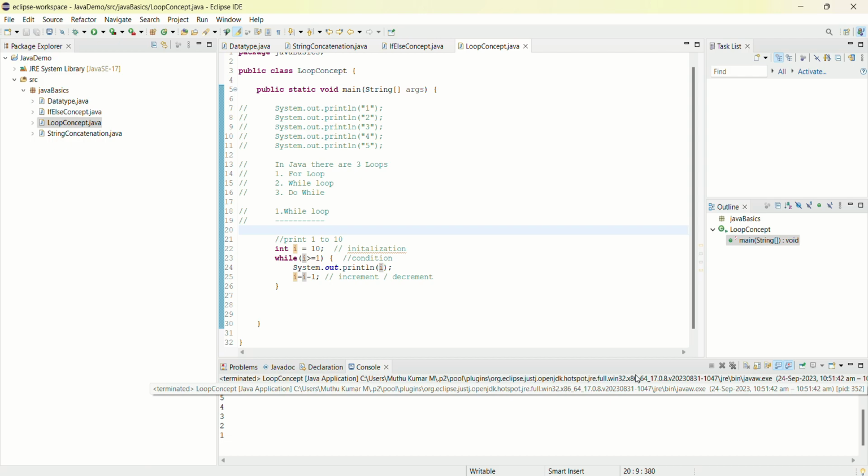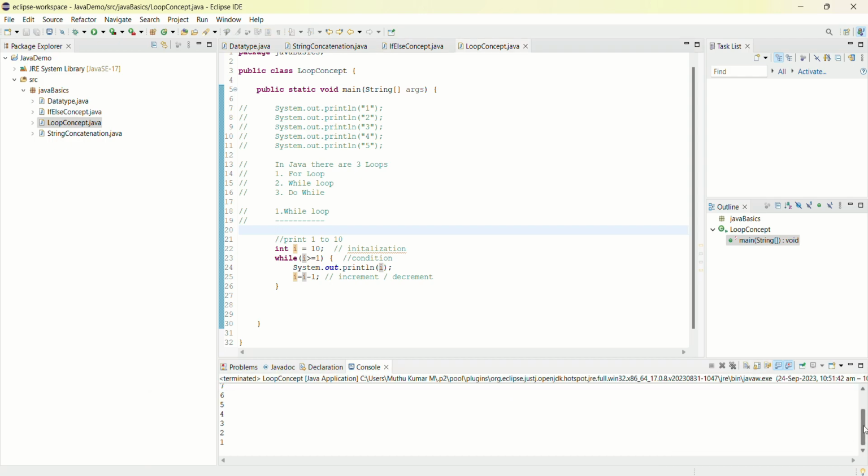So now it has printed from 10 to 1. Previously we have tried to print 1 to 10. Now we have tried to print 10 to 1. The next loop concept is for. For the same thing, if we need to print any